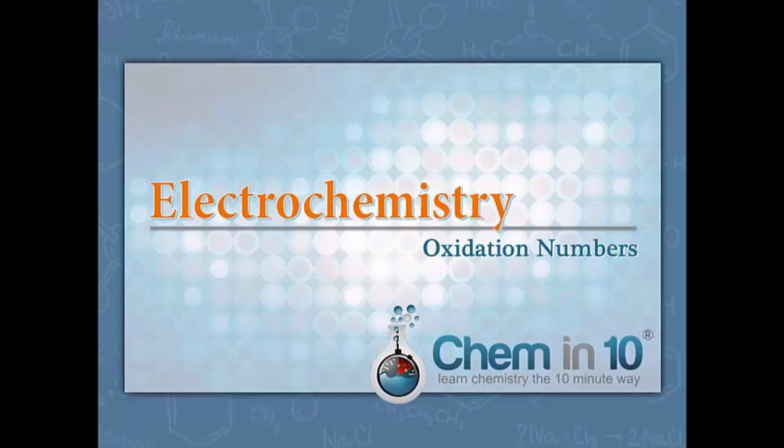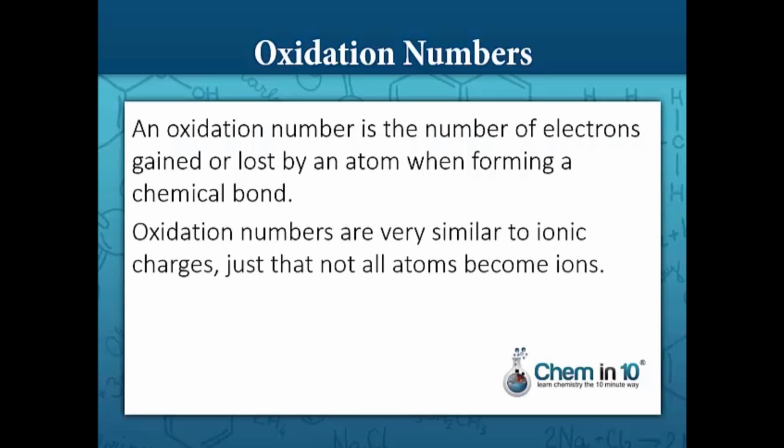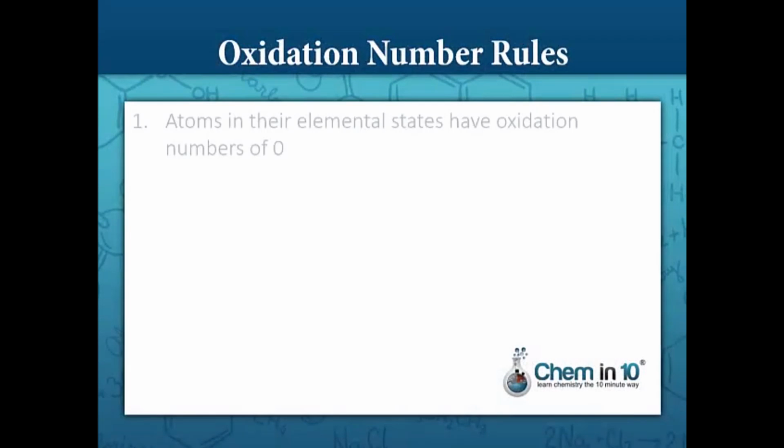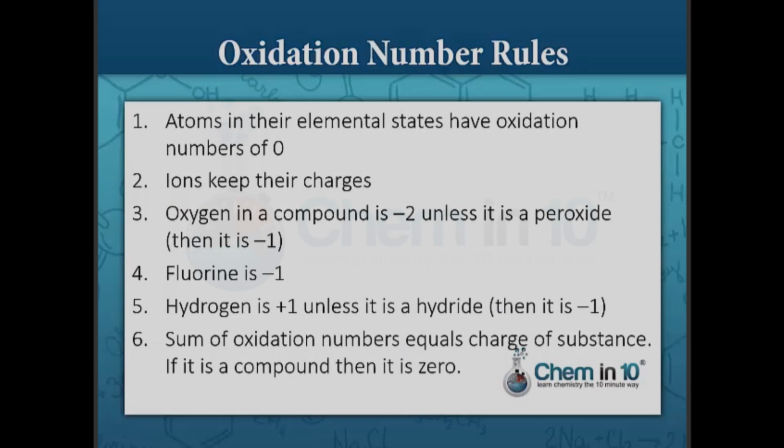In this video on electrochemistry, we're going to look at oxidation numbers. It's the number of electrons gained or lost by an atom in a chemical bond. Oxidation numbers are very similar to ionic charges, just that not all atoms become ions. Oxidation numbers describe the number of valence electrons around an atom or an ion. Here are the oxidation number rules. Number 1, atoms in their elemental state